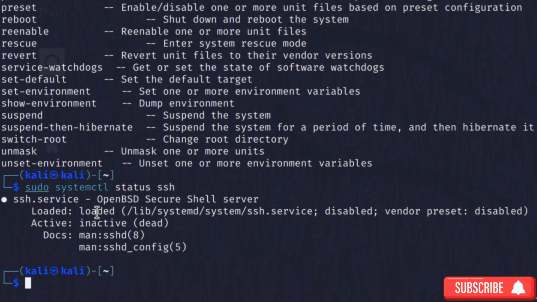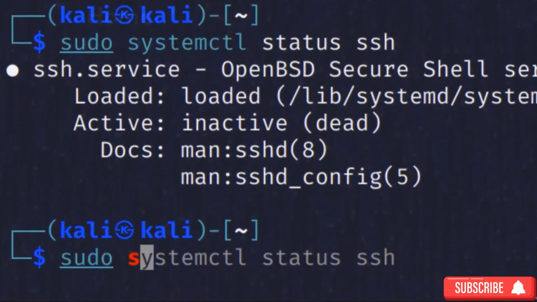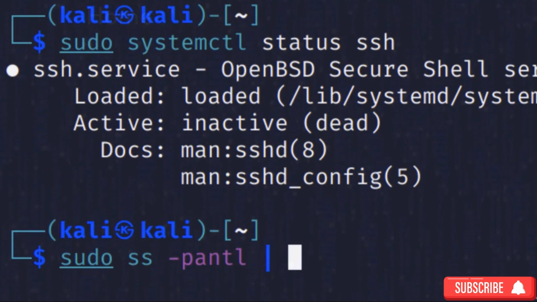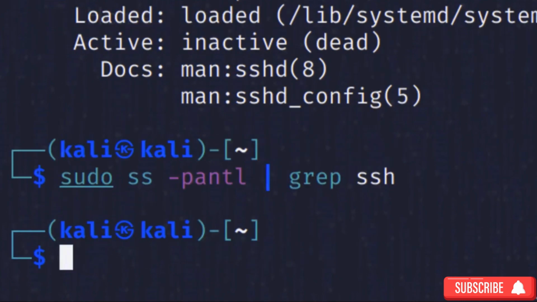You can see immediately that it's loaded, but it is inactive, disabled, dead, right? So if we wanted to change that, we can just press the up arrow key and change it from status to start. But before we do that, Control U,